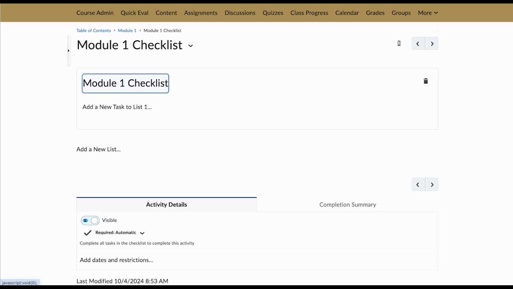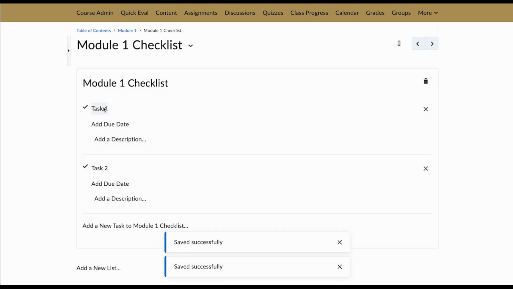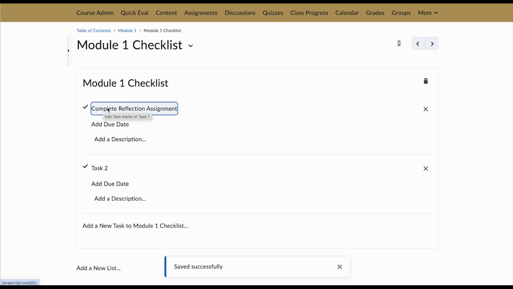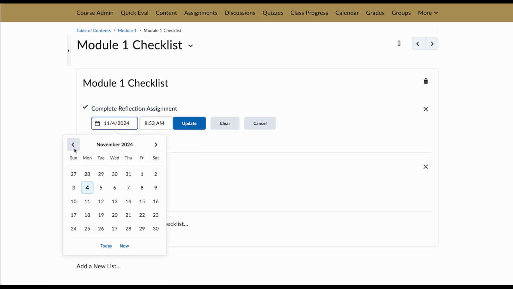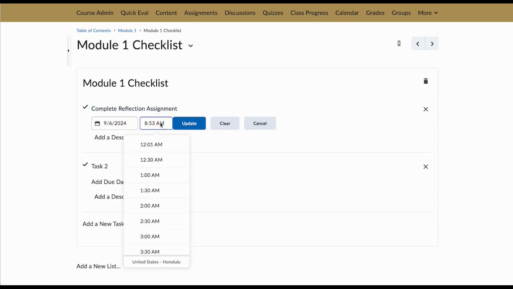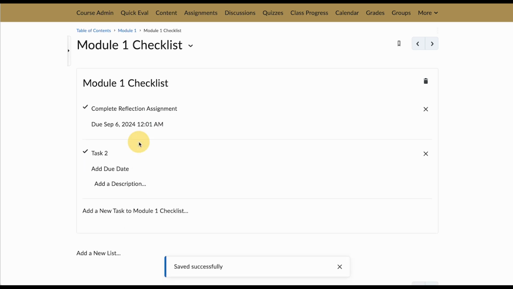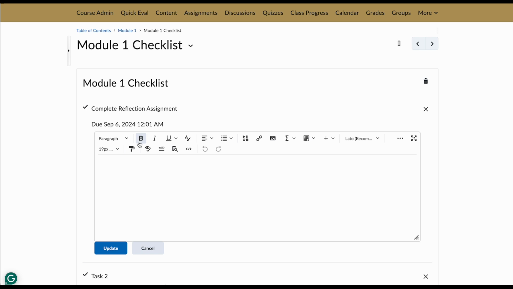To add individual tasks, select Add a New Task to the checklist. I can select Task 1 to write a brief task statement, such as Complete Reflection Assignment. If the task has a due date, I can also select Add Due Date to add a date to the list item. In the description field, you can add more details about the task,